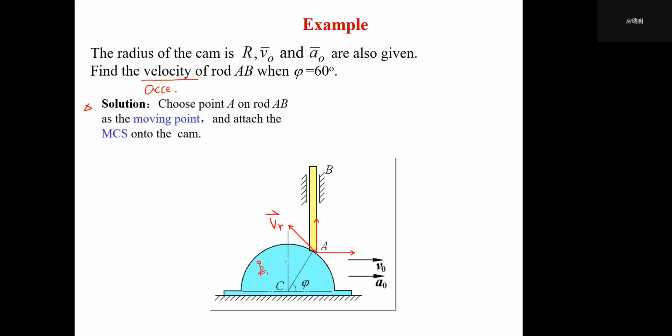From this position, if the cam moves further from left to right, then AB will move upward, right? So this is the absolute velocity. And when we use VA equals VE plus VR, I always emphasize